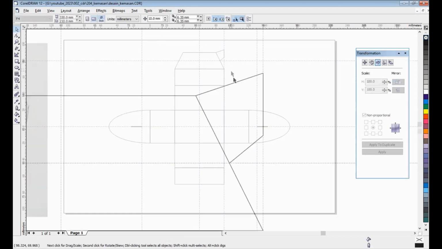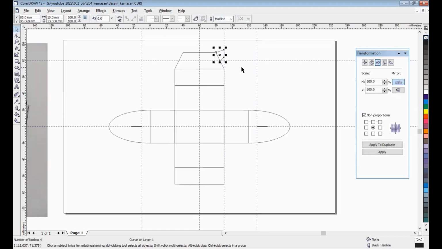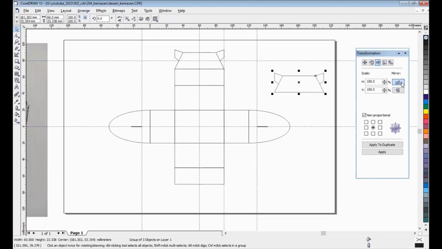Now, I want to Control C, Control V, and mirror, and take this. Then I want to group, Control C, Control V, and then flip vertical.